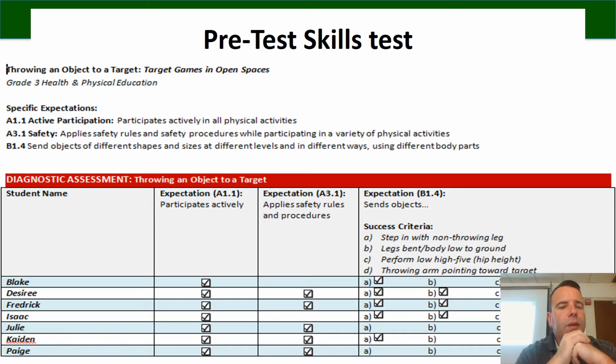For throwing an object at a target, we're just going to do the first column there. Everyone participates actively. But if we want to assign a number to that,